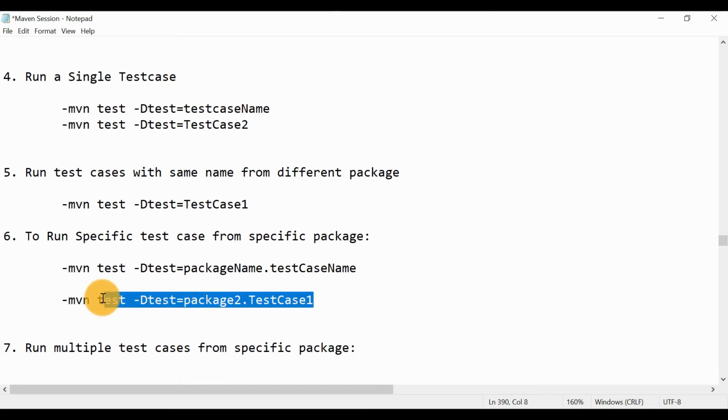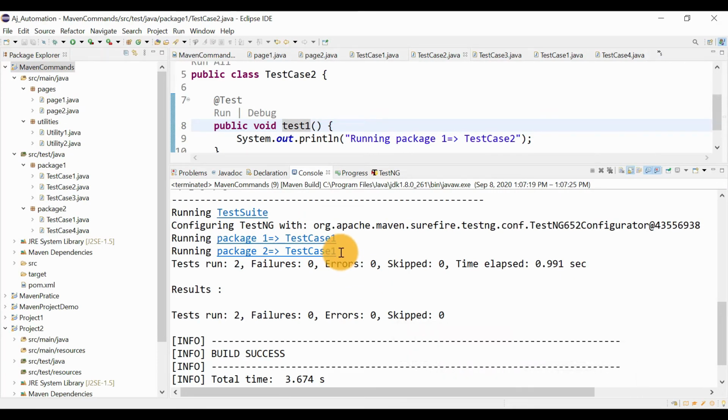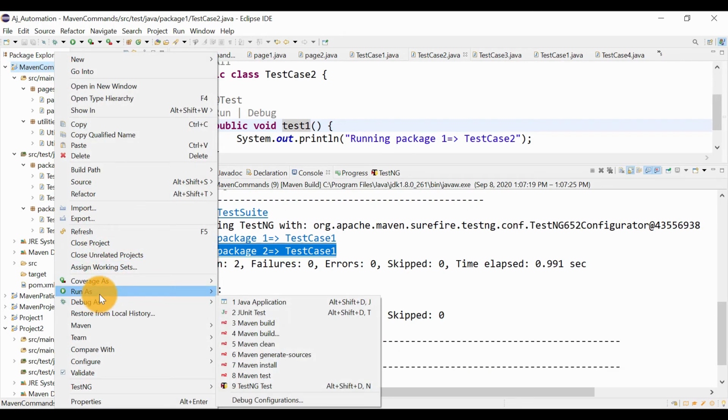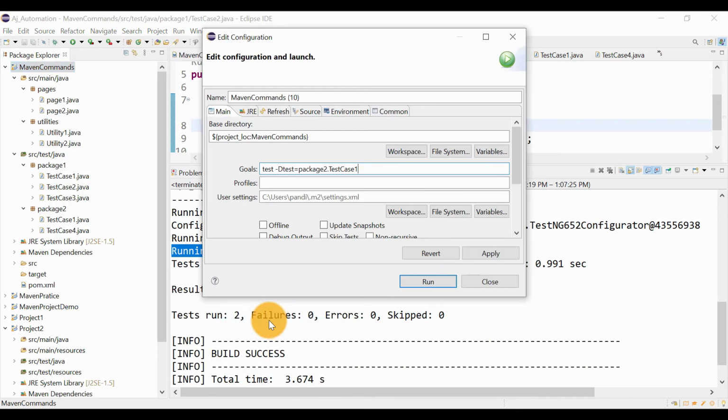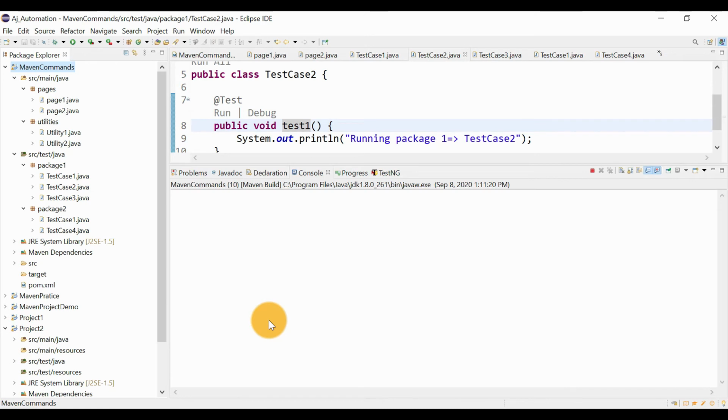So just run this command, and this time only this should be displayed in the output. So run as maven build, paste it, run.